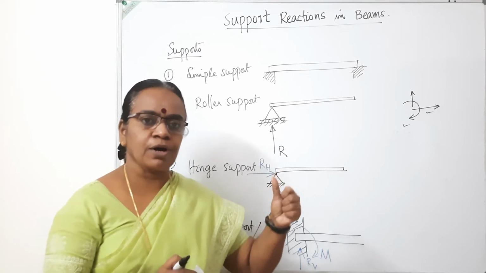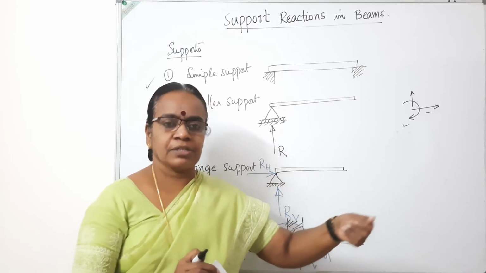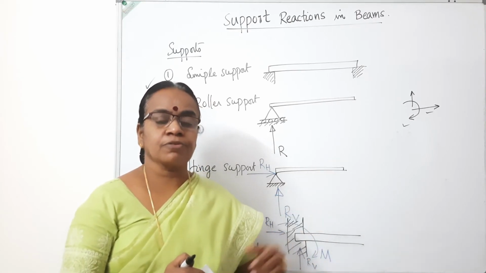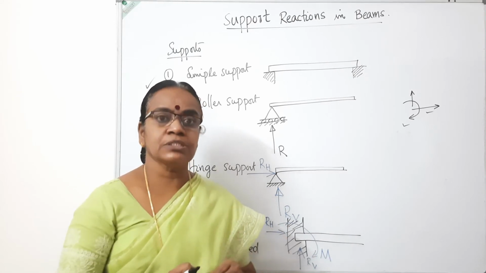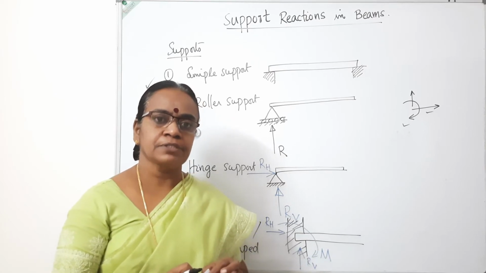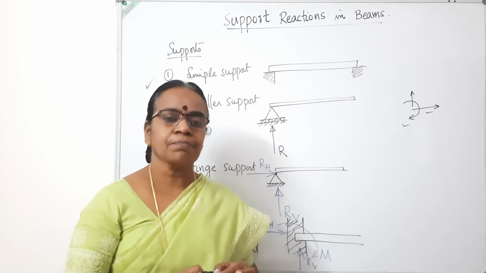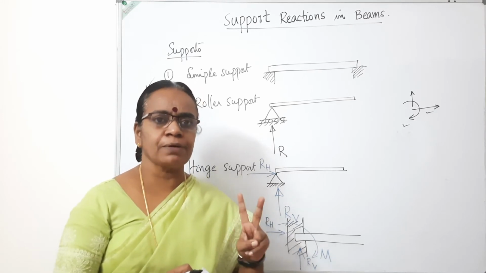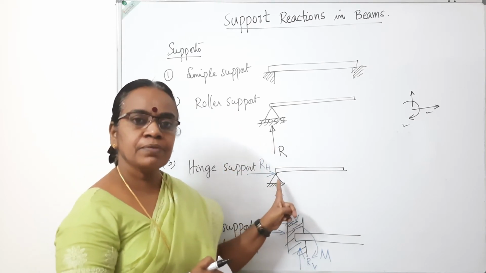If one end is on rollers, it permits slight horizontal movement. It can extend the length slightly, or in areas where there is heavy snow, where there will be contraction of the material. Mostly old type bridges, railway bridges are all made out of steel structures, so they are very much susceptible to temperature changes. So in bridges we can commonly see one end will be on roller and the other end will be on hinge.